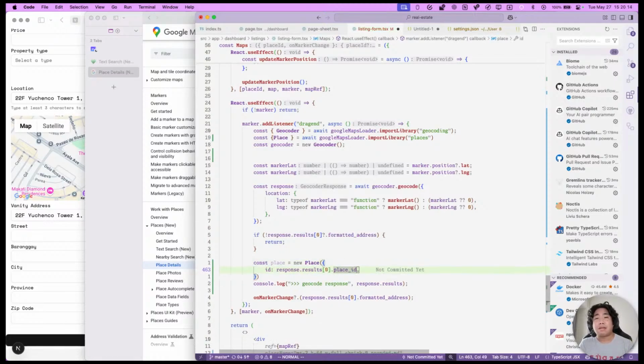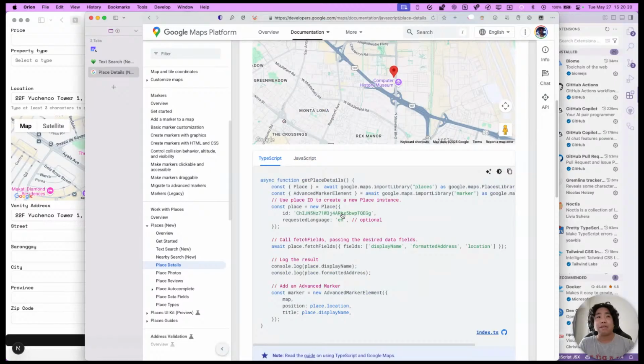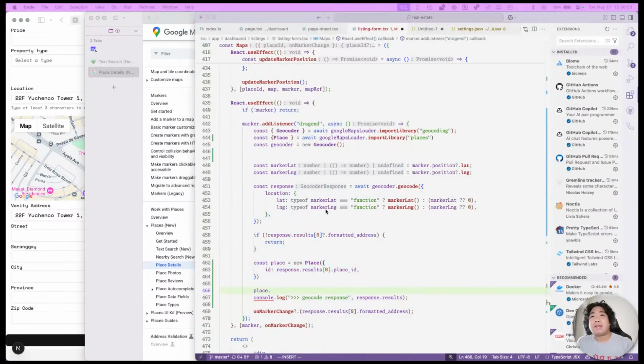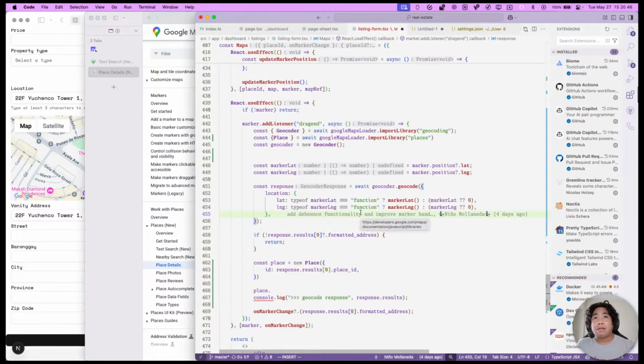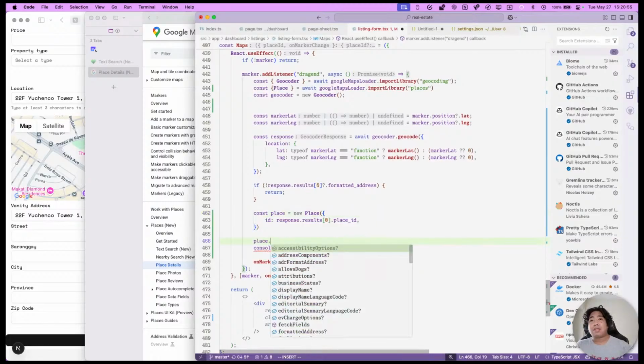Something like that. Place dot... Where's that? So place dot